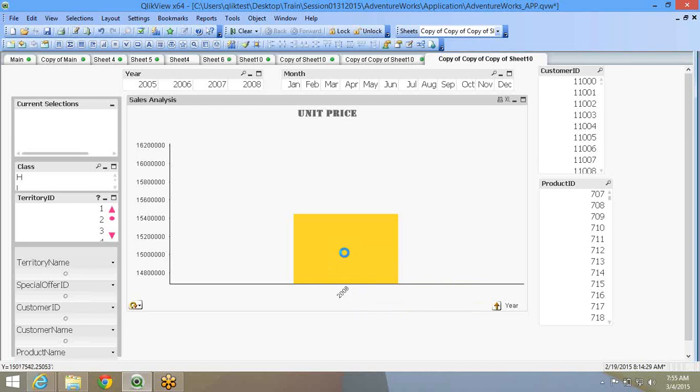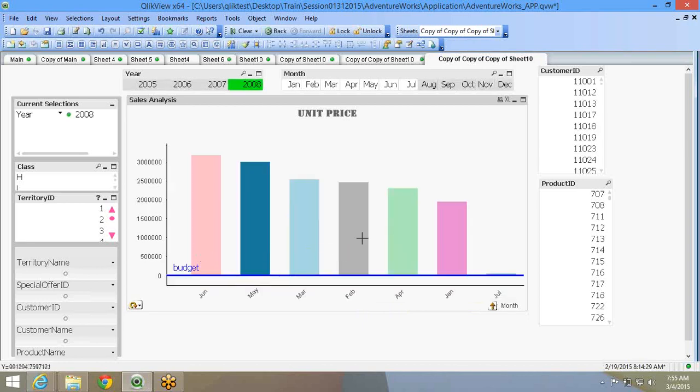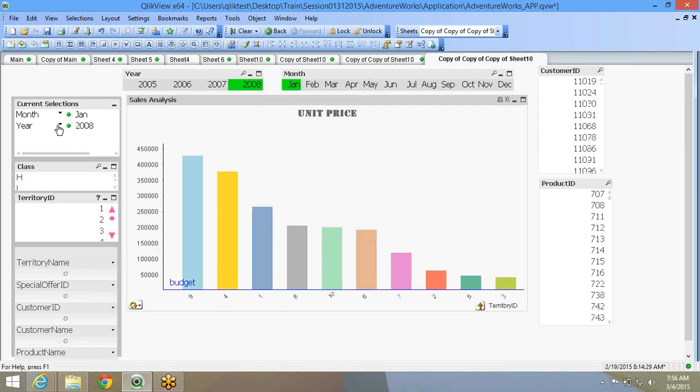Now if I click on 2008, within 2008 it will show all the months. June to July are the months basically. Oh no, Jan to July. Yeah, the sorting is kind of weird. We'll do that later. Now suppose I select Jan. If you look at the current selections, the values are being selected.